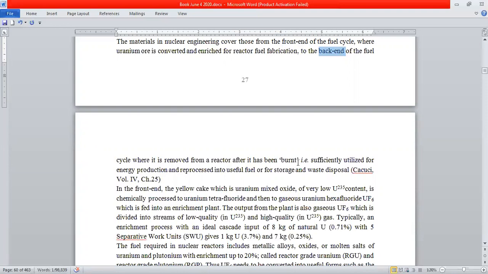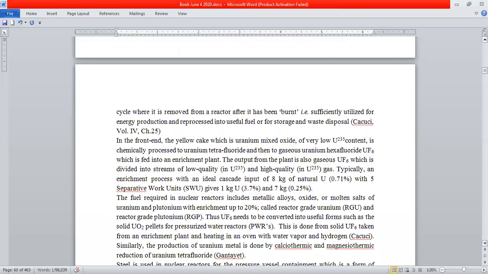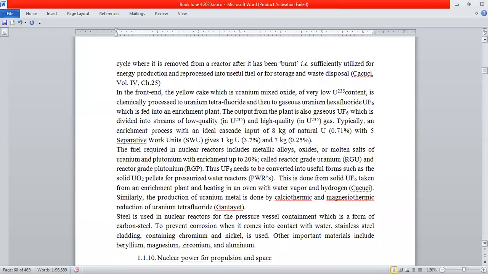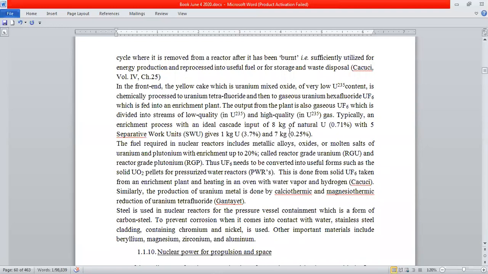Now U238 converts into plutonium. Plutonium is a very useful thing. Some thorium, if you're using thorium in some reactor, thorium-232 can convert into U233, which is almost as good as U235. So a nuclear reactor would have a core, it would have a coolant facility, then